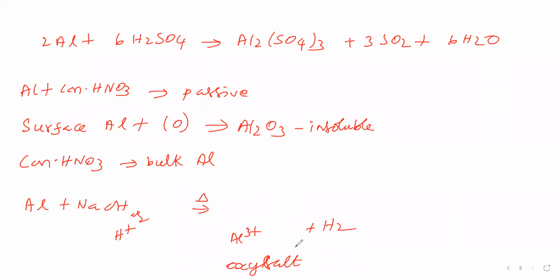Okay, sir, what is that oxysalt? For an oxysalt, you first write the oxoanion. This oxoanion should contain what? Aluminum should be there, and oxygen should be there. You keep the number of oxygens such that the net charge is negative. So we have taken the aluminum ion, so we are taking oxygen 2 times. If we take oxygen 2 times, the net charge becomes how much? -1, because each oxygen is -2. Therefore, we can write this as AlO2-. It is called meta-aluminate. This is called what?